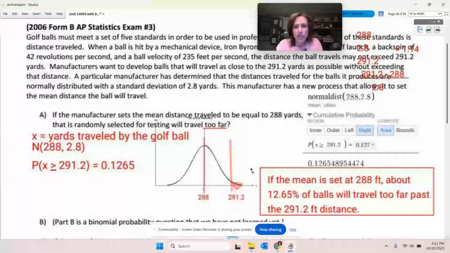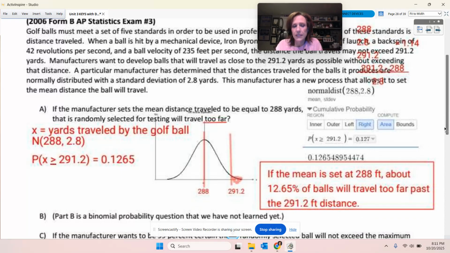Four, draw a picture. There it is, and I want this area here, and then I put it into Desmos, and there's the answer, 0.1265. You do not have to write it in this context value here. Next,